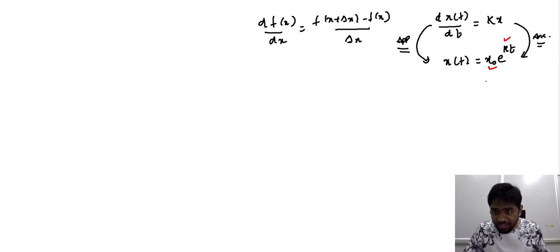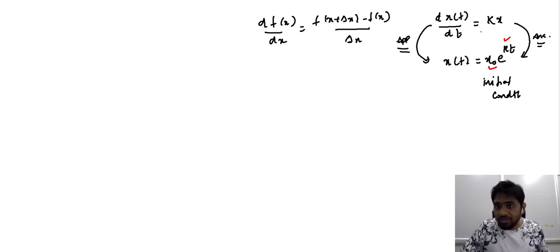One is the initial condition, and the other is the constant of proportionality. What it means is that this expression here should be of some relevance. This expression here should actually be our starting point. We should know what this constant of proportionality is. Only when these two parameters are known will we be able to handle the solution of this simple derivative,